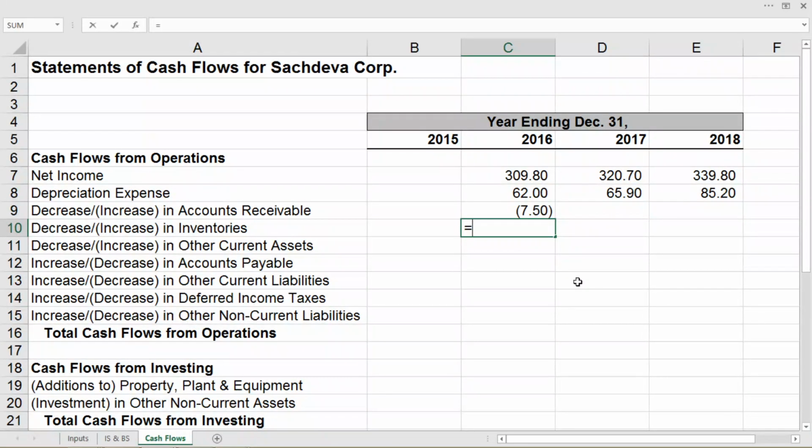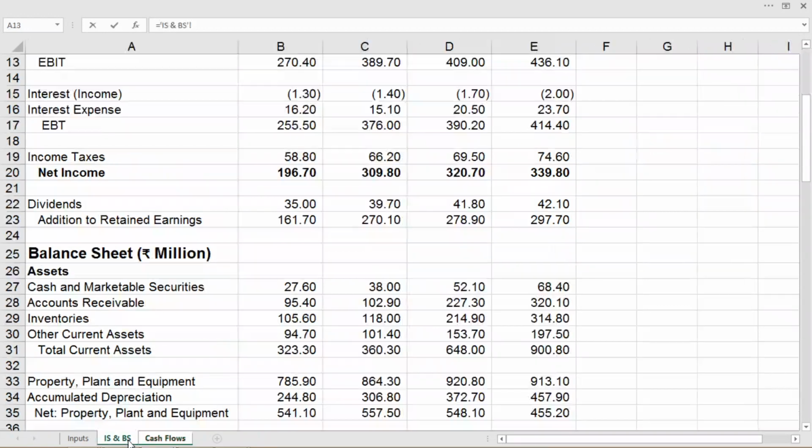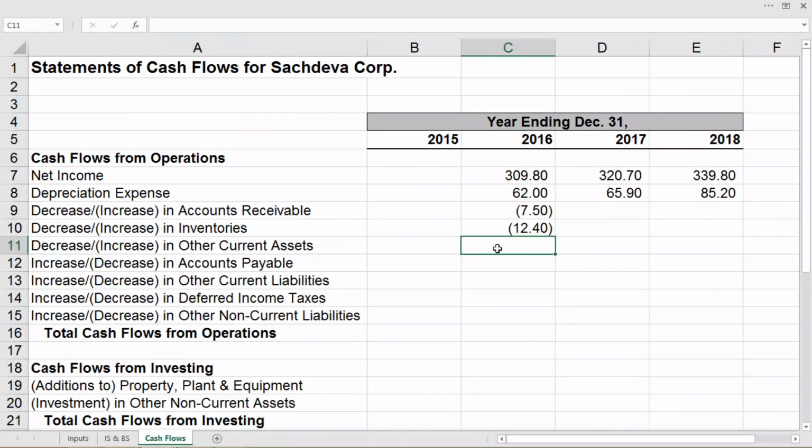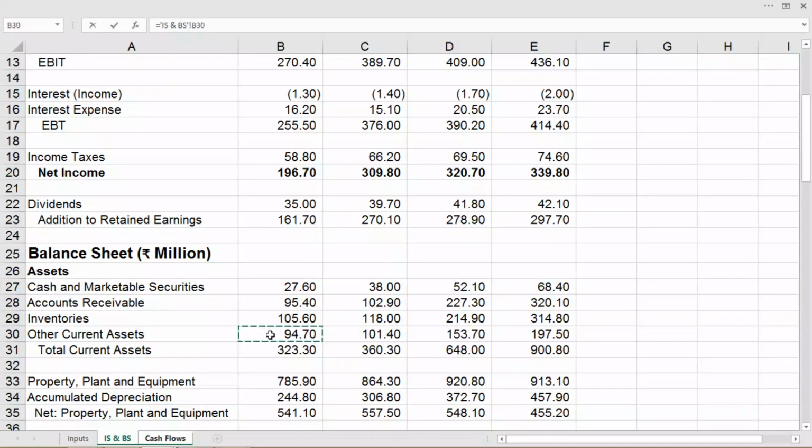To calculate inventories, again equal to this sheet, B29 minus C29 and enter. Now to calculate the increase or decrease in other current assets, equal to B30 minus C30 and enter.